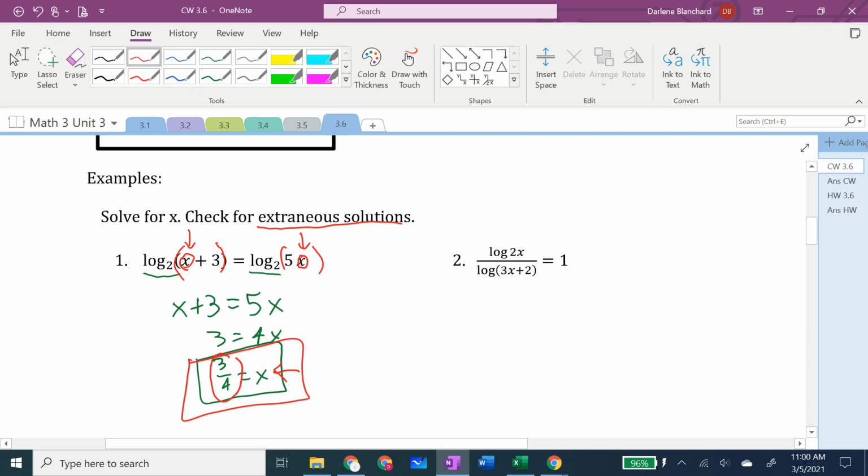Number 2. For number 2, you're going to find that you will have the situation of log equals log if you multiply both sides by the denominator. So if I multiply this denominator over to the other side, then I'm going to have log 2x equals log 3x plus 2. Can you see that there is no base number written on those logarithms? When the base number isn't there,